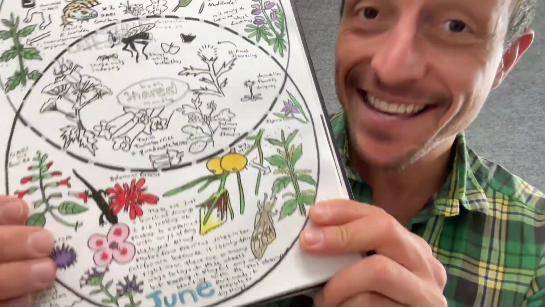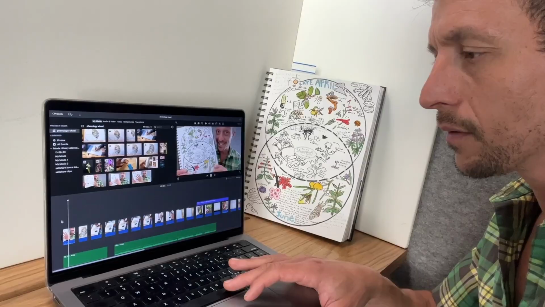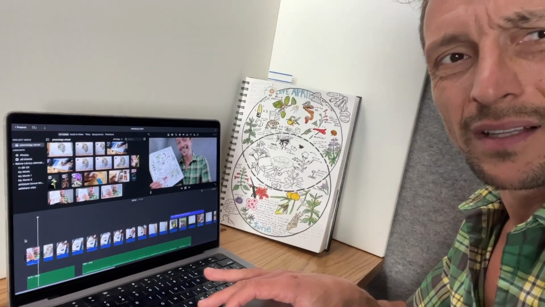That, my friends, is a phylogeny wheel. Phylogeny? What? Cut. This video project almost ended in failure just the same way that a lot of phenology wheel